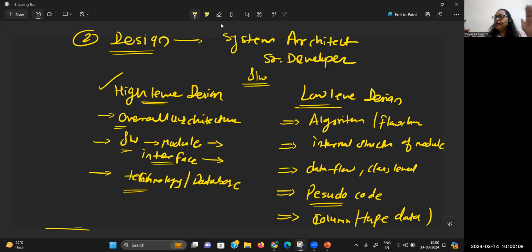The high level describes the overall architecture: the complete software, the different modules, their relationships, the database, and the technology used. But how to implement each module? Logic will be implemented in the low level design. So, internally, before writing actual code, whatever is required, such as flowcharts, pseudo code, and algorithms, is defined by